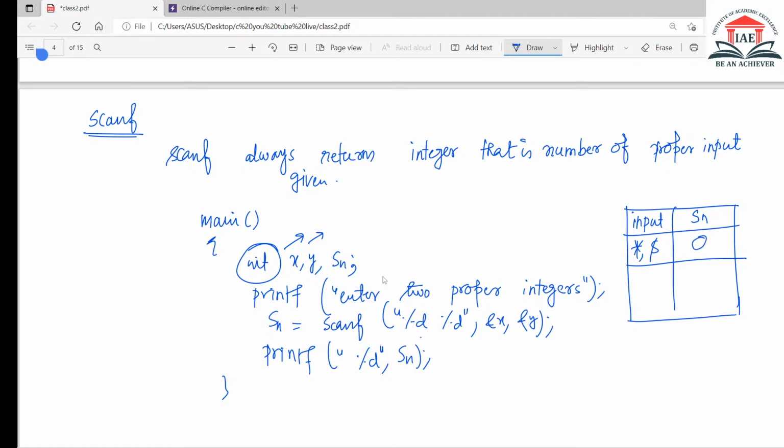In modern compilers it will give you some different result, but that is the actual thing that is happening. Say I am giving 10 and 3.5. So what will happen? This 10 is an integer, but this 3.5 is a float number. So here the input is 1. In some modern compilers they will give different results, but this is the correct version